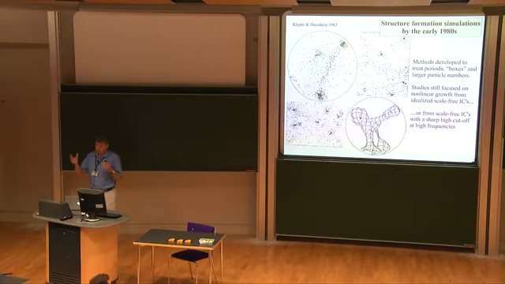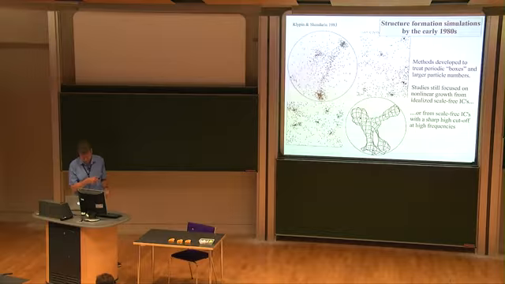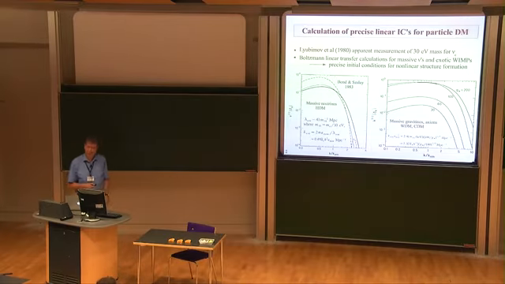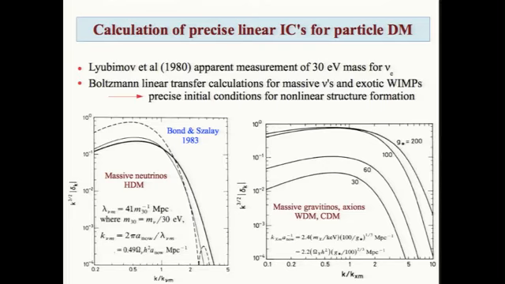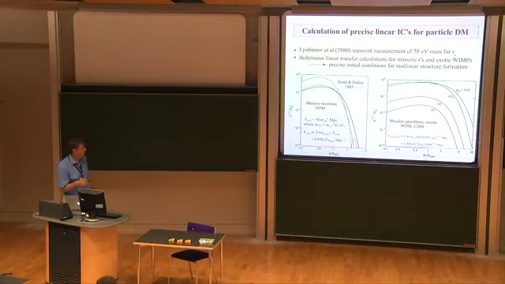So already there was some idea of how the power spectrum would influence the structure. But the real breakthrough came as a result of another incorrect experiment, which was the apparent measurement of a 30 eV mass for the neutrino in 1980 from a Russian experiment on tritium decay, for the endpoint decay. And they appeared to get a measurement of 30 eV, which was then known to be enough to